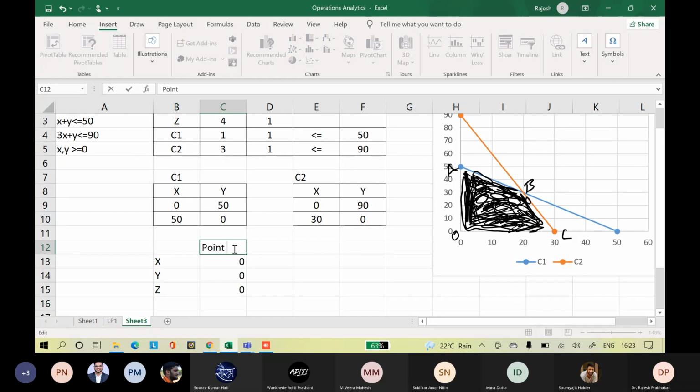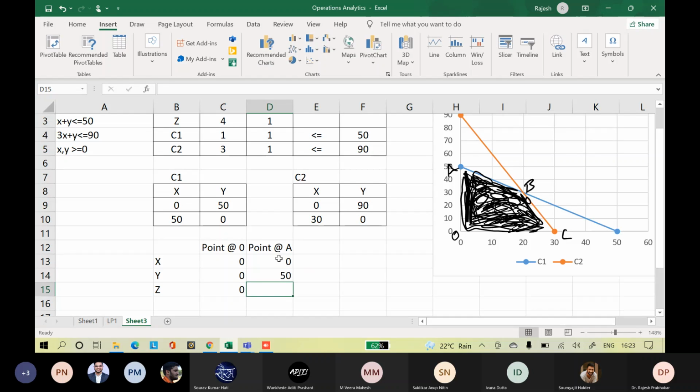This is the point at O. Now the point at A. What is the value at point A? X is 0, Y is 50.